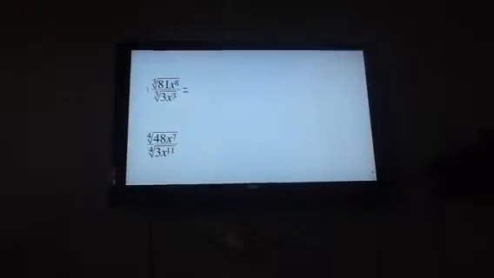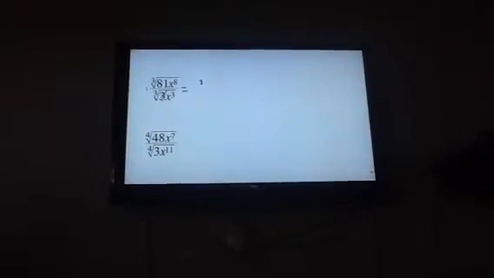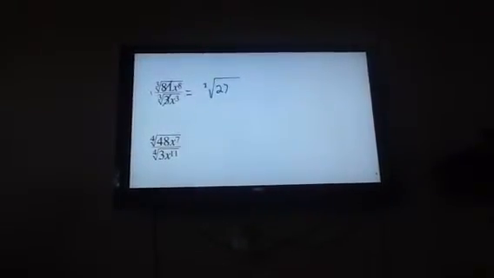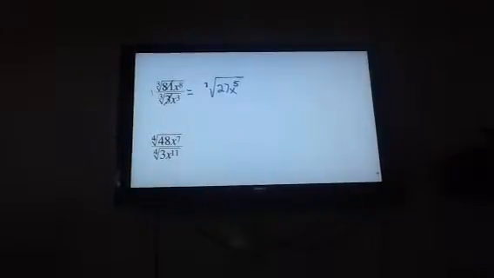Can I perfect cube these numbers? No. Can I reduce this? Yes. So I'm going to have the cube root of 3 goes into 81 27 times. And then remember what to do with the powers. 8 minus 3 leaves me x to the 5th. So reduce the fraction first,